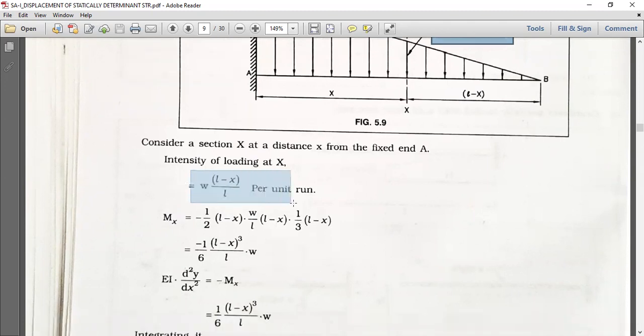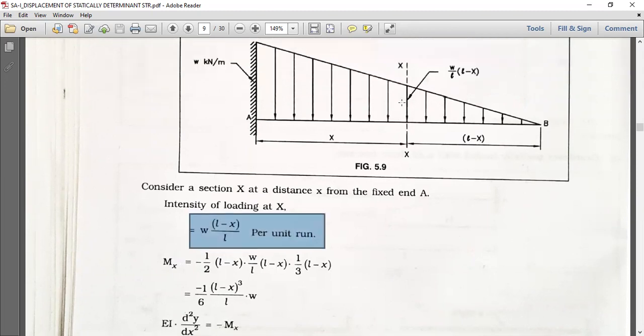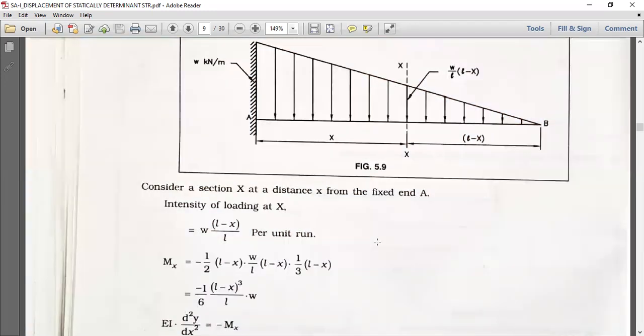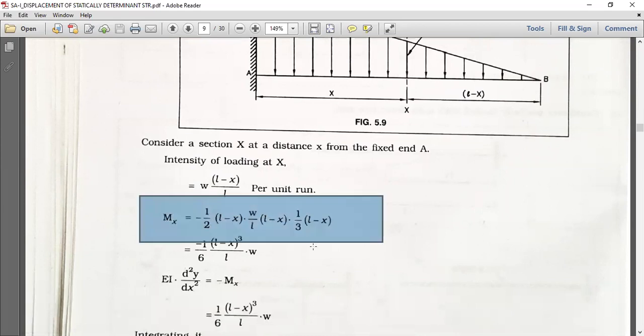Because this is the load at this point, and the equation is 1/2 load into perpendicular distance into 1/3 of the total distance. Okay, that's why we are taking this type of